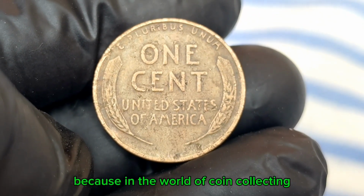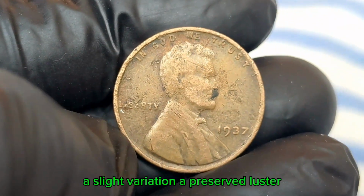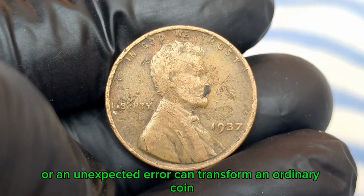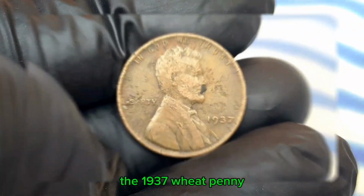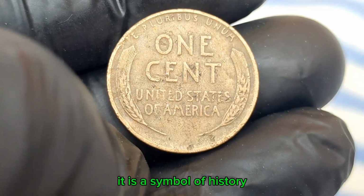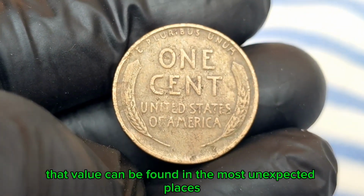Because in the world of coin collecting, the smallest details can make the biggest difference. A slight variation, a preserved luster, or an unexpected error can transform an ordinary coin into a prized collectible. The 1937 Wheat Penny is more than just a piece of currency. It is a symbol of history, a work of art, and a reminder that value can be found in the